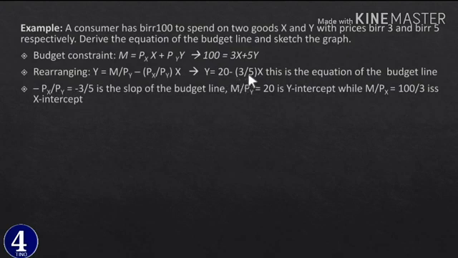ከዚህ ላይ እንደምንረዳው ስሎፑ minus px by py is minus 3 divided by 5, okay, 3/5 ይሆናል ማለት ነው, and the slope of the budget line ብለን እንወስደዋለን። And the y intercept እንፈልጉ ስትባሉ m divided by py አይደለ? m ስንት ነው? 100. py ስንት ነው? 5. 100 ሲካፈል ለ5 is 20. What about the x intercept ማለት income divided by px ነው፣ ኢንካማችን 100 ነው, px is given as 3, ስለዚህ 100/3 ይሆናል which is around 33.3 አካባቢ የሚሆን ቁጥር ይሆናል ማለት ነው።